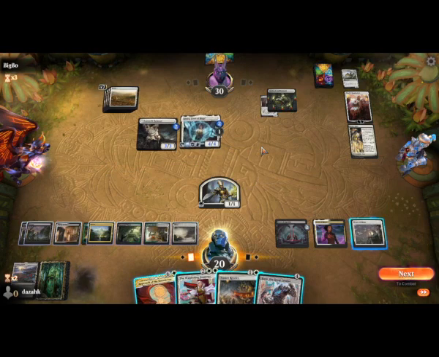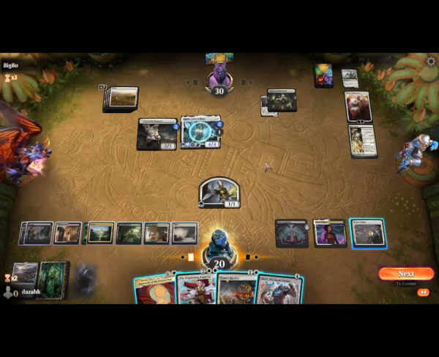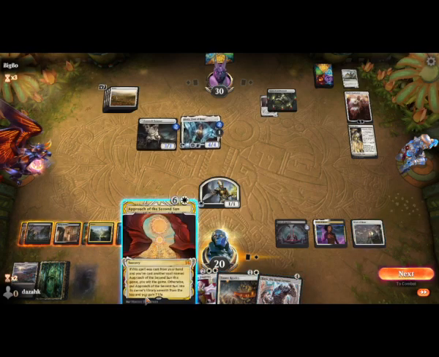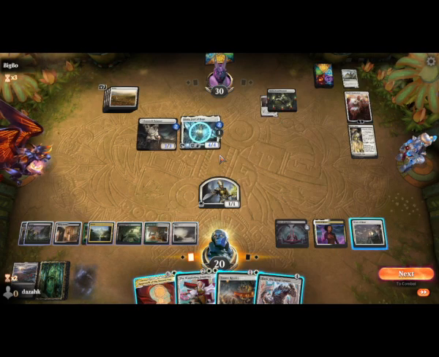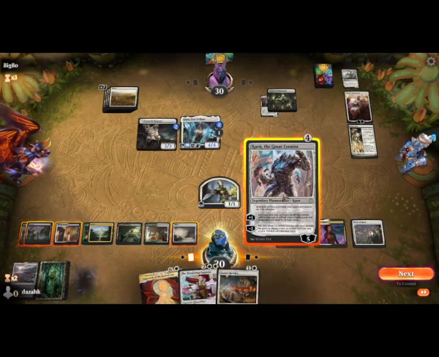We've got Karn, the Great Creator. We could just go Approach of the Second Sun. 1, 2, 3, 4, 5, 6, 7, 8. When we have 9 mana, we can do that and draw a card off Dawn of Hope. That's sort of what I'm thinking. But really, the thing you're supposed to do here is play Karn. Pretty sure. And then...